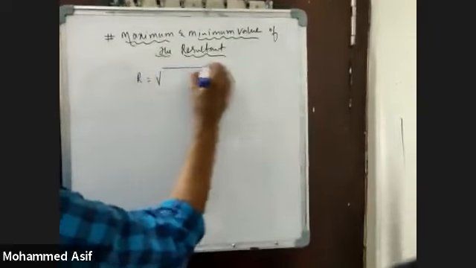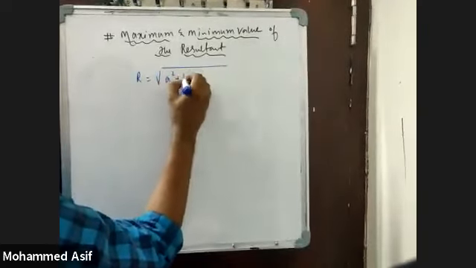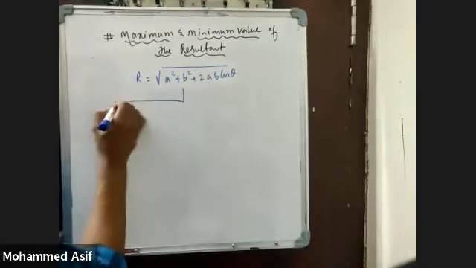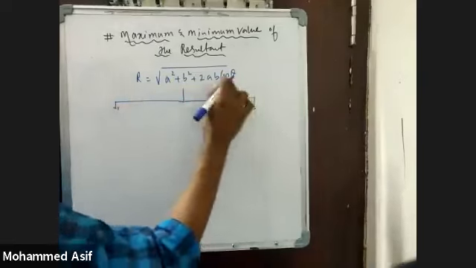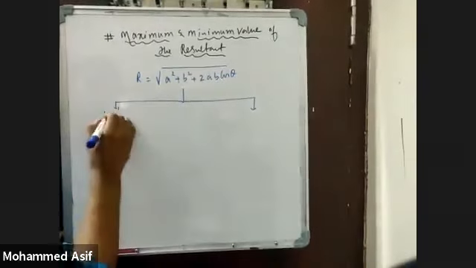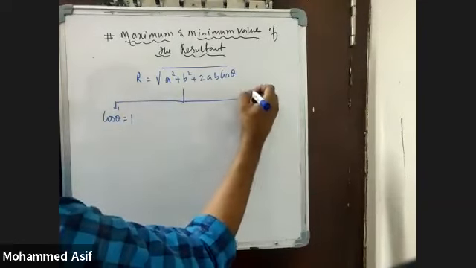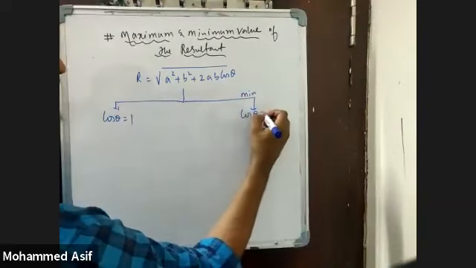Now see here, let A bar and B bar be two vectors. The resultant of the vectors will be equal to how much? Now resultant vector is how much for me? R is equal to under root of A square plus B square plus 2AB into cos theta. Now for the maximum value and minimum value, this will become maximum when cos theta value is maxima. Cos theta value is maxima when it is 1. It becomes minima when cos theta value is negative.